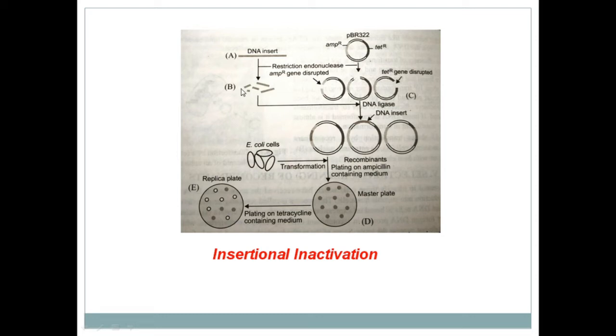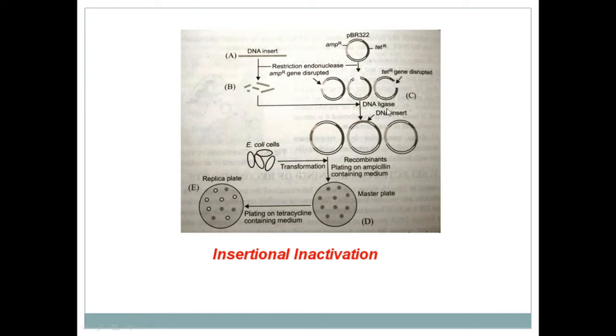and you can see here the fragments of DNA. You can also see the fragments of the vector molecule. This restriction endonuclease enzyme may cleave the vector molecule in the ampicillin resistance gene, or it may cleave in between, or any resistance gene is not disturbed. And the third possibility is that it can disrupt the tetracycline resistance gene.